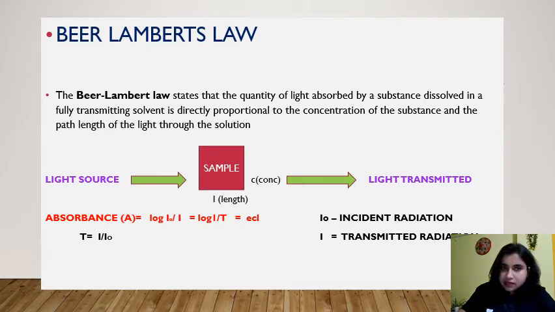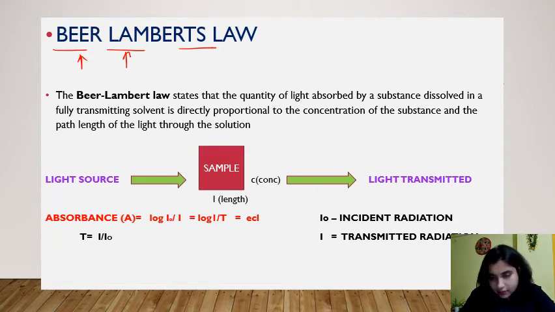Okay, let's discuss the principle of spectroscopy. Principle of spectroscopy depends on Beer-Lambert's law. So this is one scientist and this is another scientist who gave a statement for the absorption of light and the sample. Whenever we combine them, it forms the Beer-Lambert's law. Beer gave a statement that whenever light is passed through a sample, there are certain changes in the light. The sample absorbs our light, right?